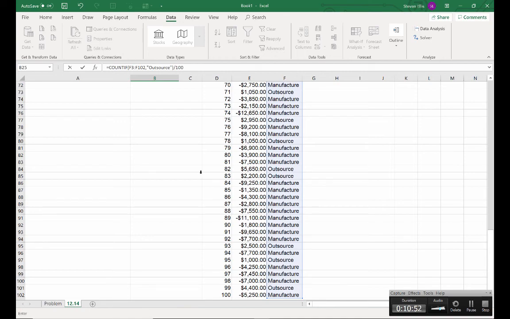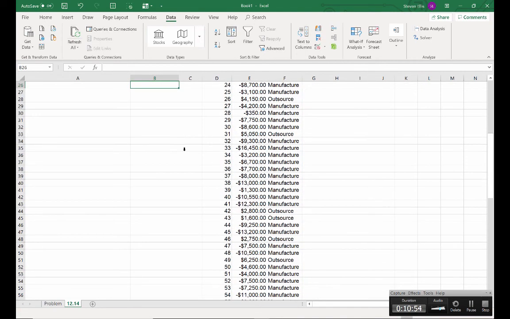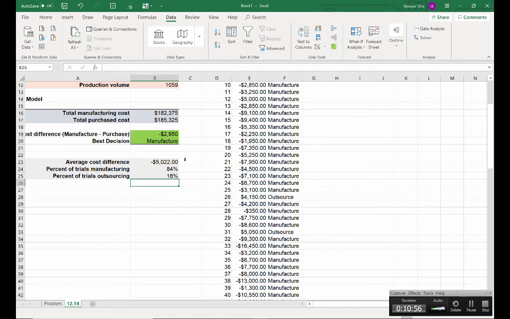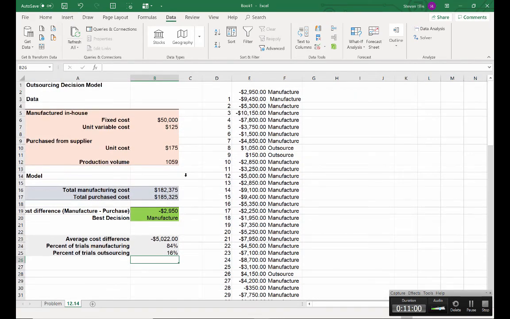Enter. Of course, this will change every time you regenerate the 100 random numbers. So with these 100 observations in this sample, 84% of the time we chose manufacturing, and 16% of the time